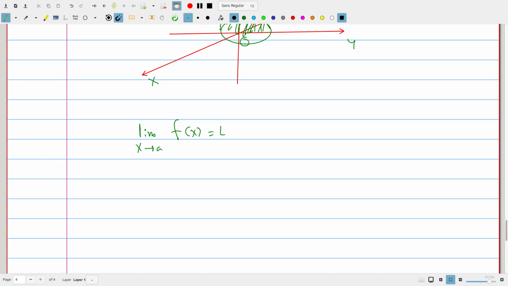What does it mean? It means that for every delta greater than 0,